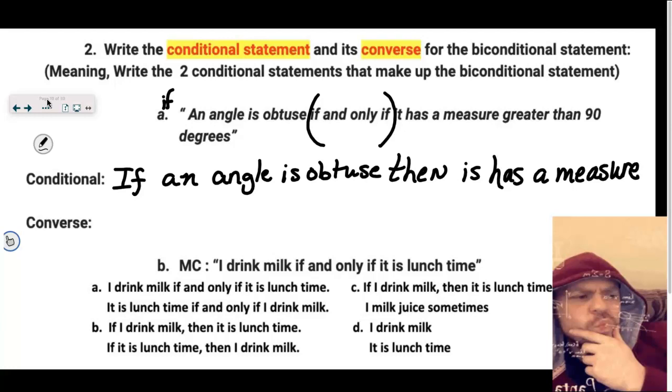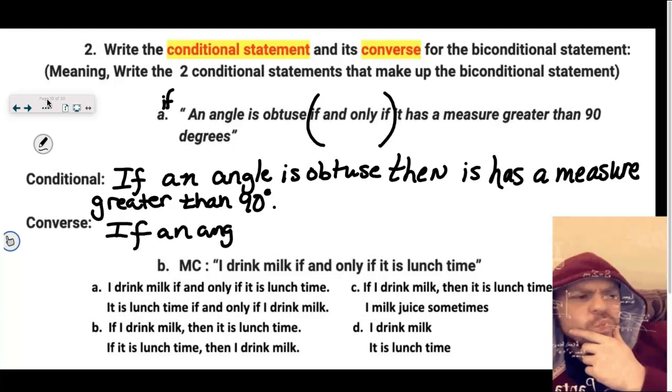Again, if you're watching these notes, you just go ahead and pause the video. I wrote slower in class. Greater than 90 degrees. That's one of them. The converse will swap those. So I still have my subject of an angle. If an angle, stop and swap, not is obtuse, but